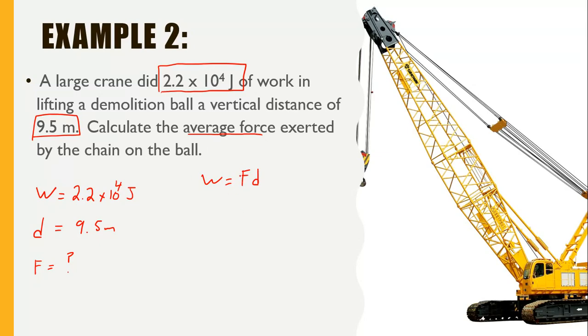Obviously, we have to rearrange our formula. We have to get rid of distance on this side of the formula, so I'm going to divide by distance here. What I do on one side, I have to do to the other. So force is equal to work divided by distance. Work is equal to 2.2 times 10 to the 4th joules divided by 9.5 meters. And the average force applied is equal to